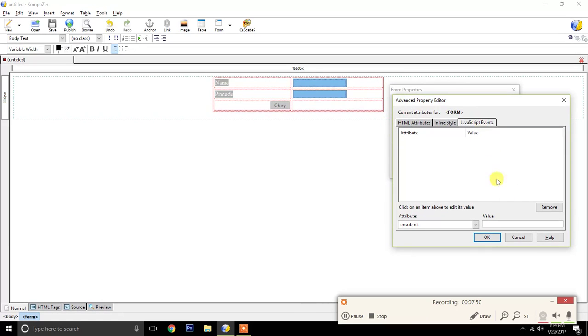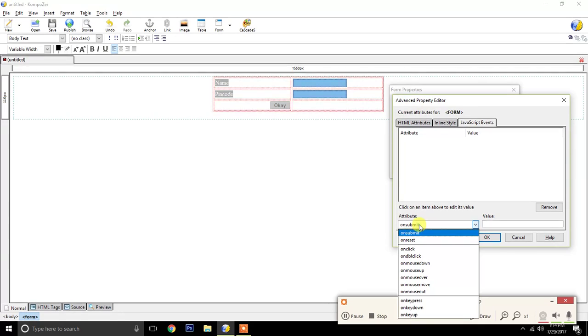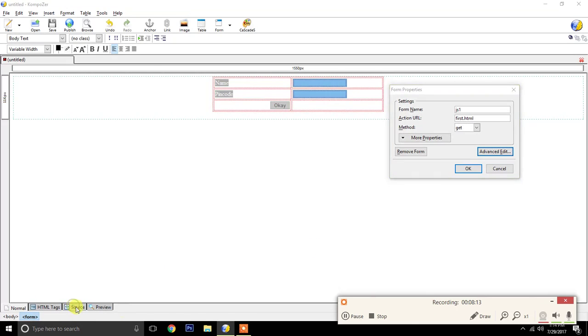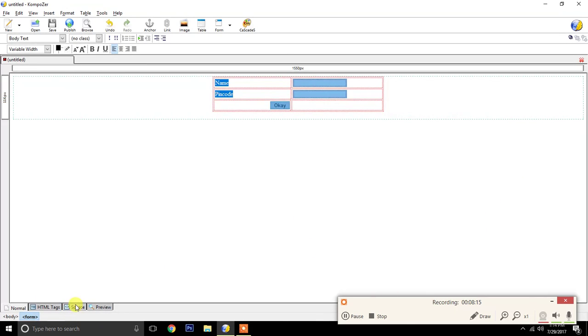After JavaScript event, you can select the onsubmit attribute over here, and after selecting it, in value, first of all write return, and then paste your function name over here. Or you can also write it if you know, but if you don't remember, you can just paste the function name, whatever you are writing in source code, you can't write something else.